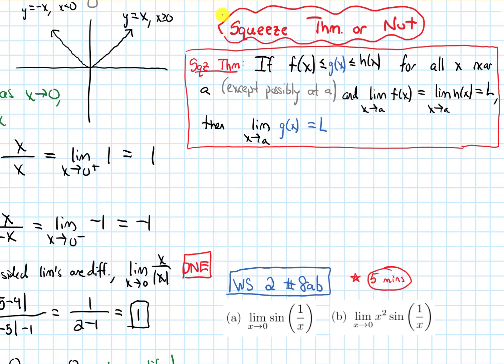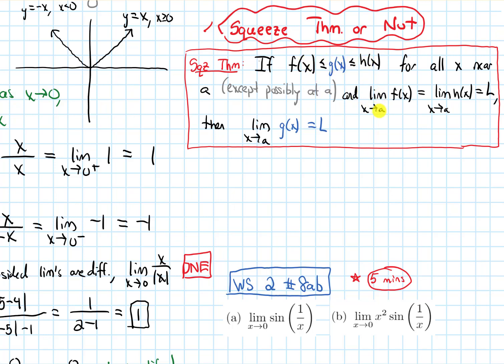In this discussion video, we'll be talking about the squeeze theorem and whether or not we want to use it in problems. Alright, so the squeeze theorem, remember, says that if f of x is less than or equal to g of x is less than or equal to h of x for all values of x that are near some number a, except possibly at a, so possibly at a they don't need to satisfy these inequalities,